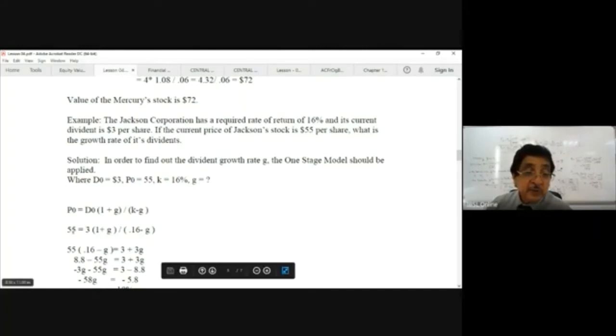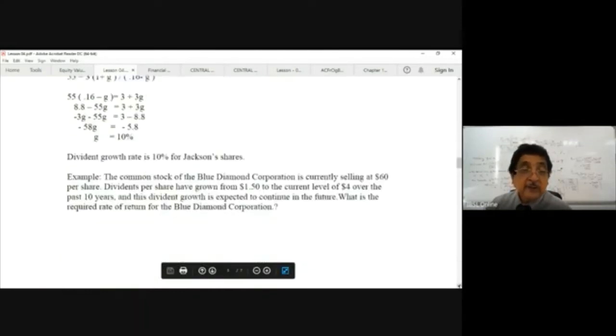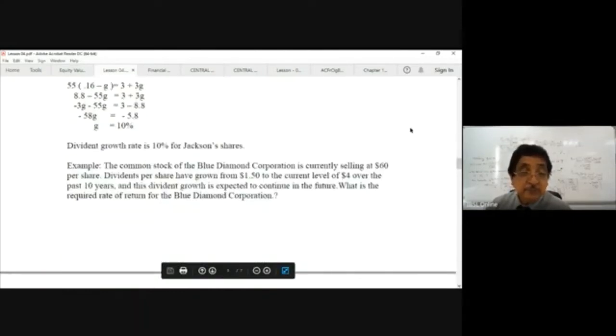So then we need to do the substitution there. 55 is equal to 3 into 1 plus G divided by 0.16 minus G. Now you can see how it has been solved. G is equal to 10%. There are different examples given here. In another example,